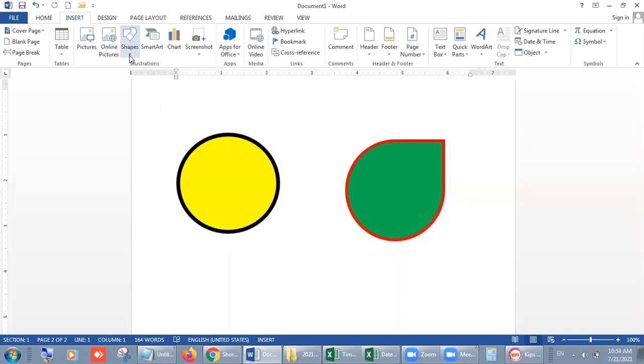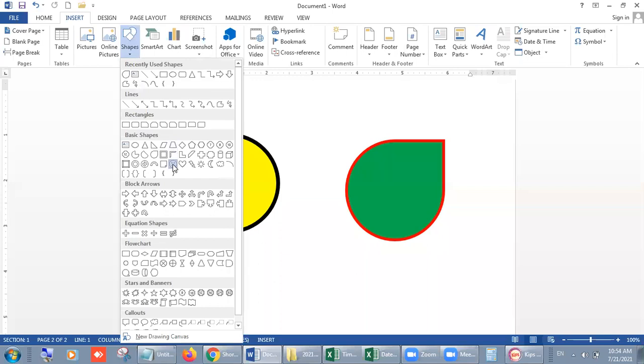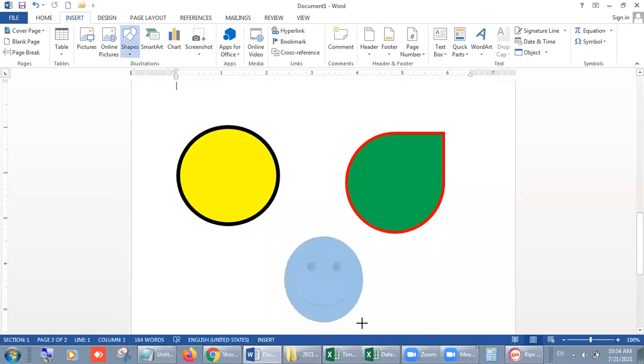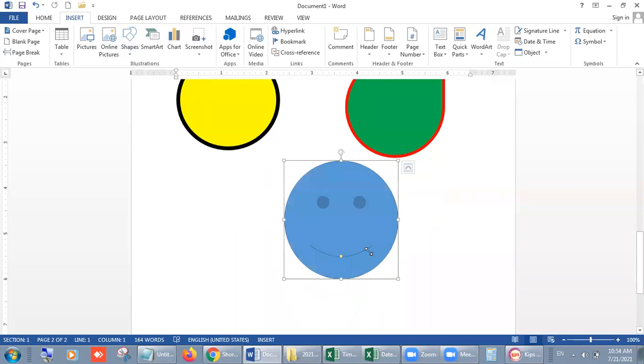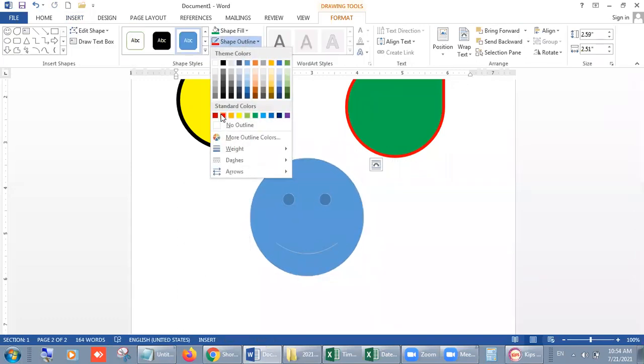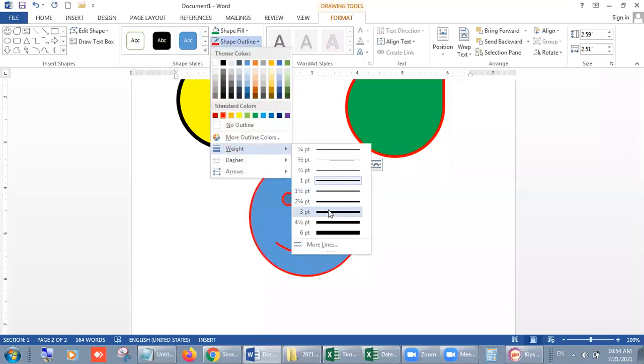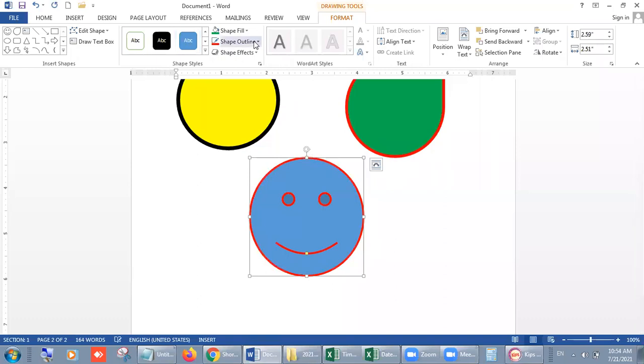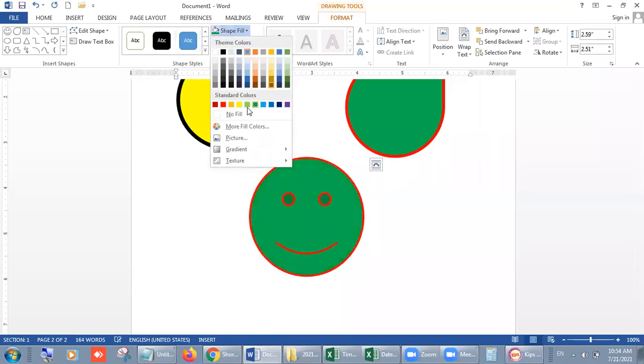One more shape we are taking. Suppose this time I am using a smiley. Okay, this is our smiley, and you can change the outline, and you can change the color of it.